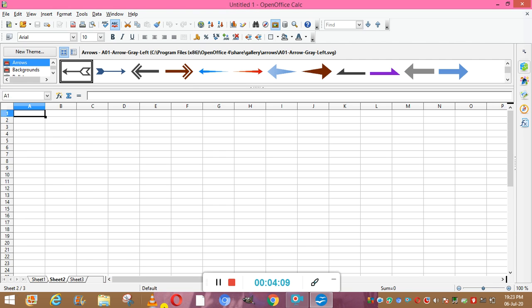Okay, next is your scroll bar. So this is your scroll bar which is going to scroll from left to right, and this is the scroll bar which is going to scroll from top to bottom. Then the next thing is, what is the difference between the worksheet and the workbook? See, this whole is the workbook. Okay, and this is your Sheet 1, then Sheet 2, Sheet 3. So these are known as the worksheets. Okay, so a workbook is like your book and worksheets are like the pages in your book.